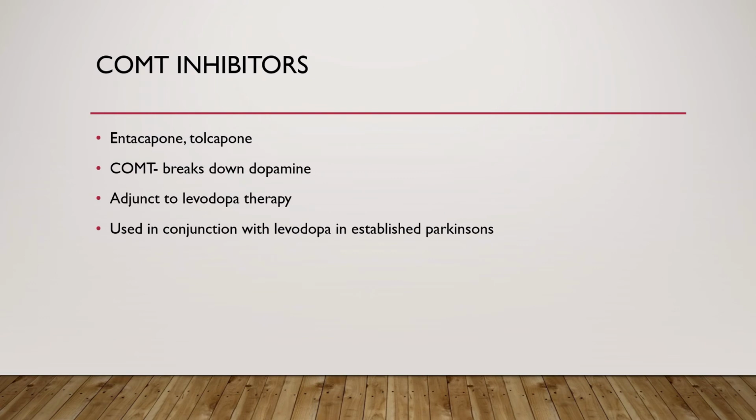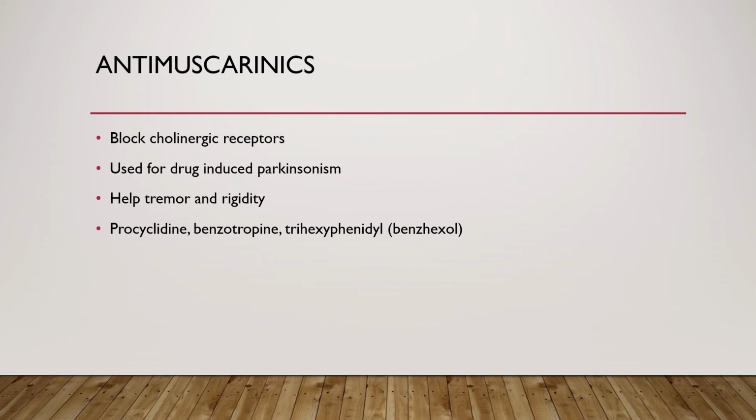COMT inhibitors include entacapone and tolcapone. Again, it works by preventing the breakdown of dopamine, and it can be used as an adjunct to levodopa therapy as well. The final class of medication you can use is antimuscarinics. They primarily work on cholinergic receptors. They're quite useful for drug-induced Parkinsonism. They might help with the tremor and rigidity that patients experience, and procyclidine, and these two are two examples of